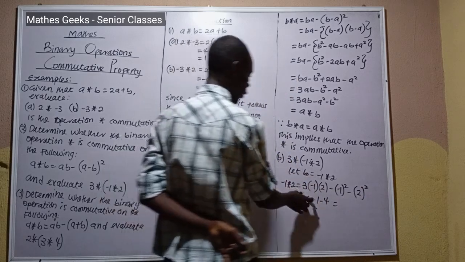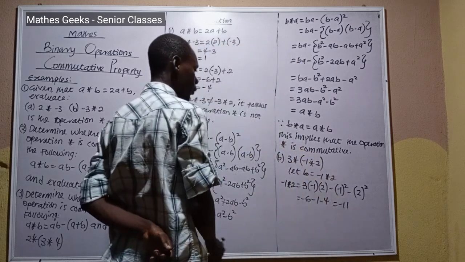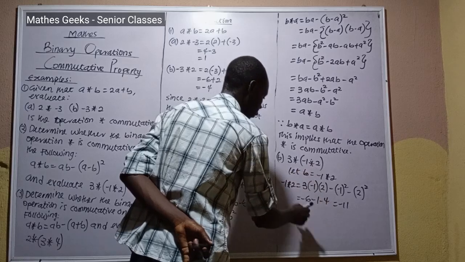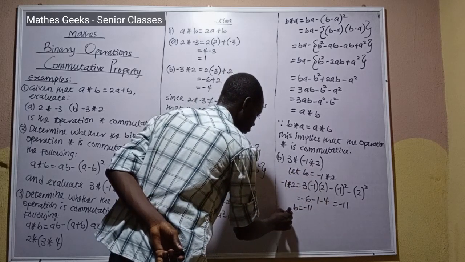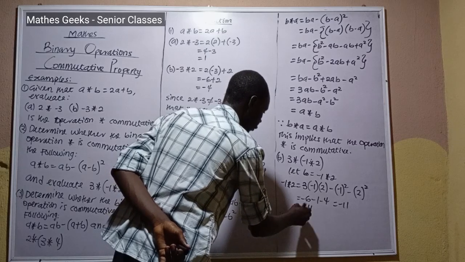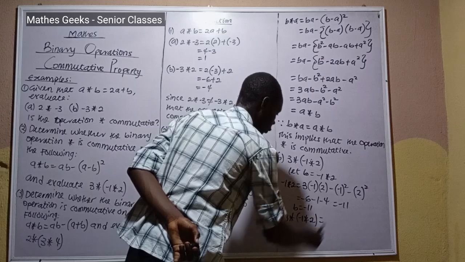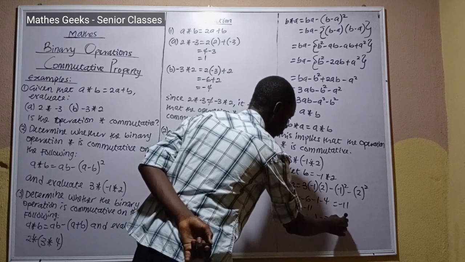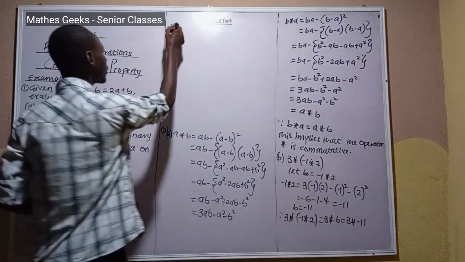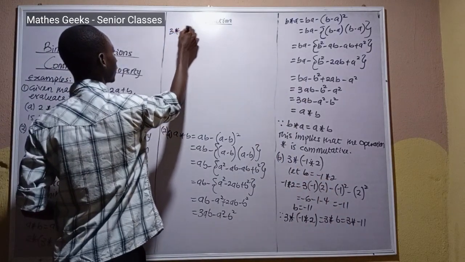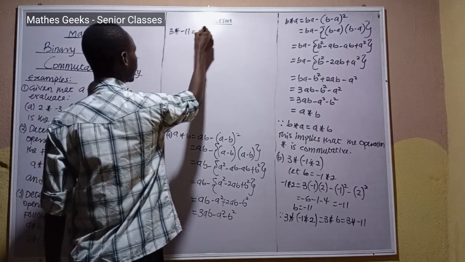So minus 1 is minus 7. Minus 7 minus 4 is minus 11. So our b is therefore equal to minus 11. Now therefore 3 star minus 1 star 2 is equal to 3 star b, which is equal to 3 star minus 11. And 3 star minus 11 is equal to, from our formula,